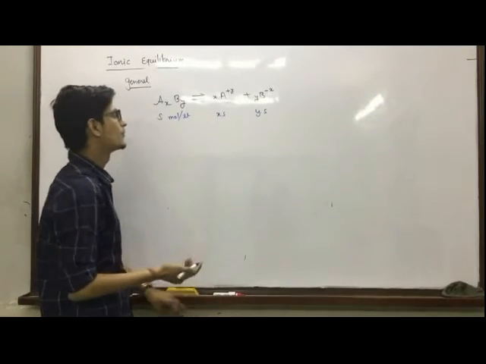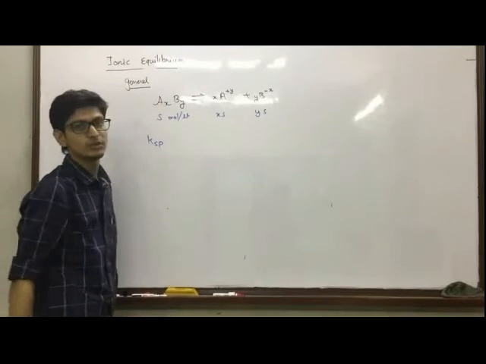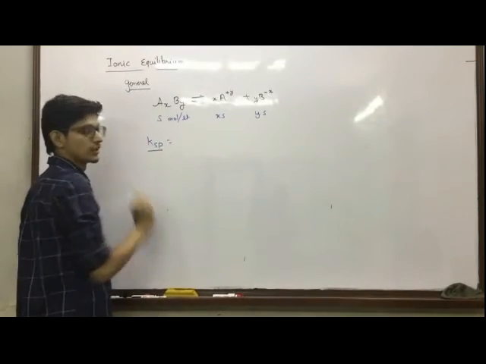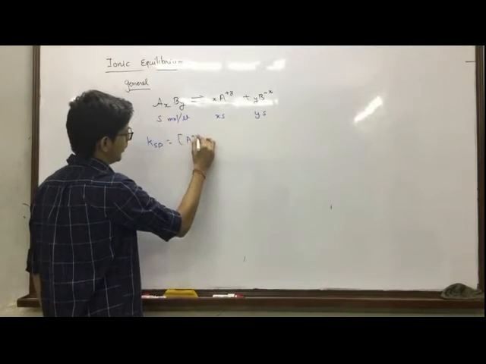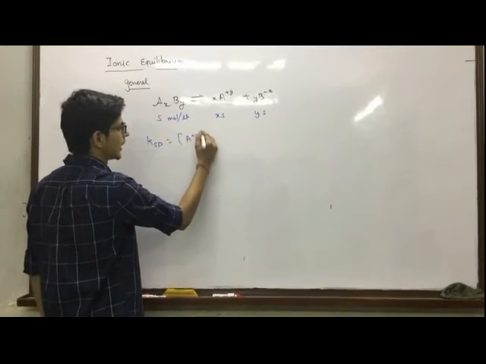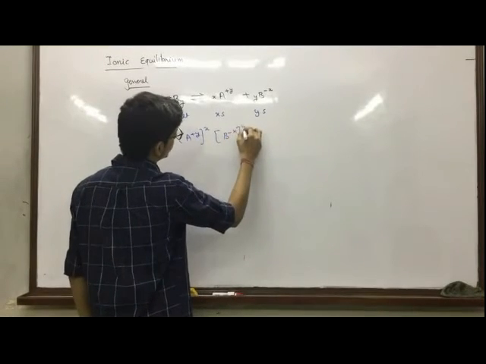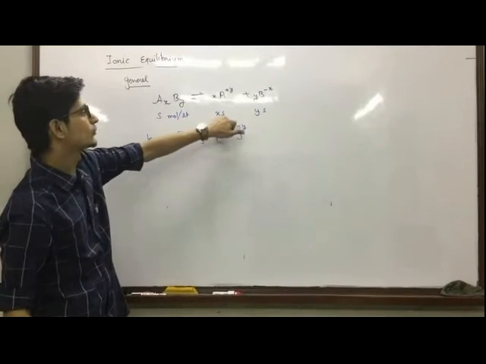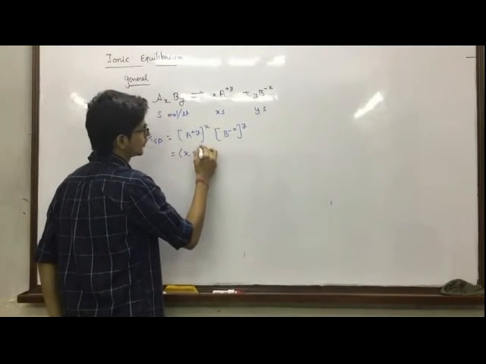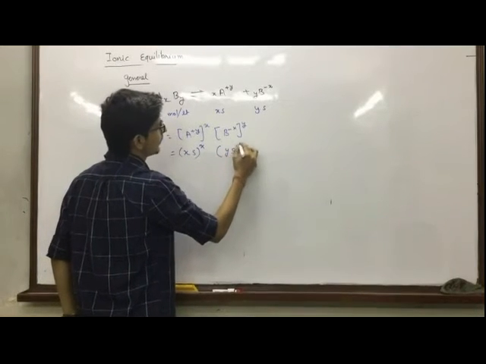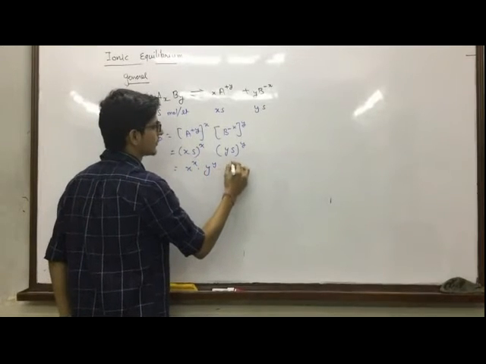Correct? Now, at equilibrium, at the saturation level, the Ksp will be the equilibrium constant for this reaction, known as the solubility product. The expression is Ksp equals the concentration of A to the plus y ion to the power x into the concentration of B to the minus x ion to the power y. Now we place the values of these two things, and it appears as xS to the power x, yS to the power y. So this is x to the power x, y to the power y, into S to the power x plus y.